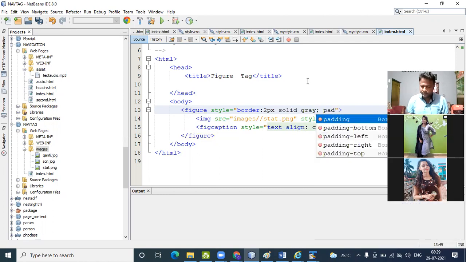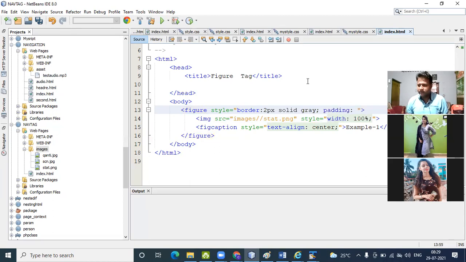Then padding colon 5px. Okay, width is 100%, padding is 5px. Now I pass border radius. First see what happened, the difference, then you will come to know. I run the file now.